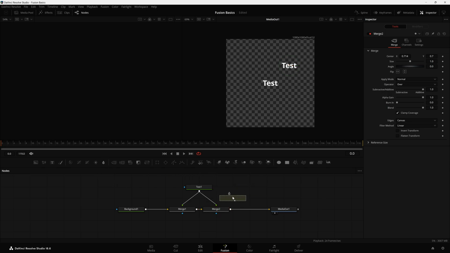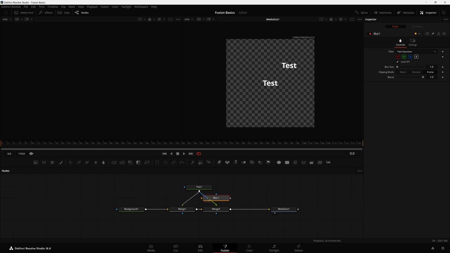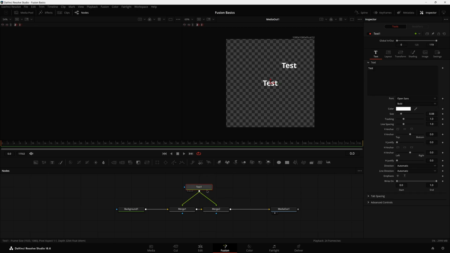So if we take this blur node and hold shift as we're hovering over this pipe right here, it'll insert itself into this pipeline and we can just blow this up really big and we can see now one text isn't blurred, but one text is, but it's the exact same text. So if we delete that, we can actually come into here, change this, and it'll change it for both of them. This is really nice if you just want to have the same text popping up over and over and over again,